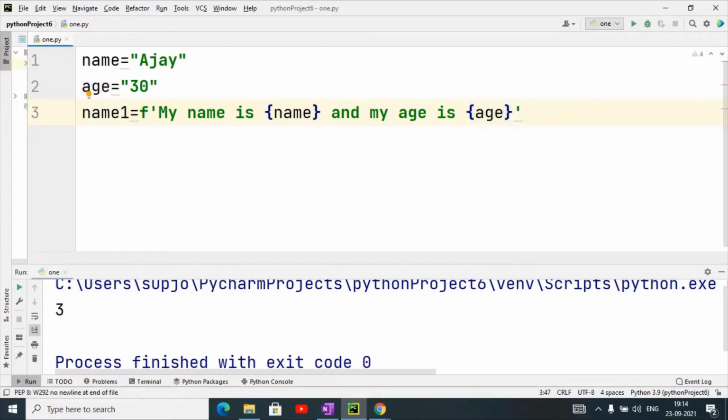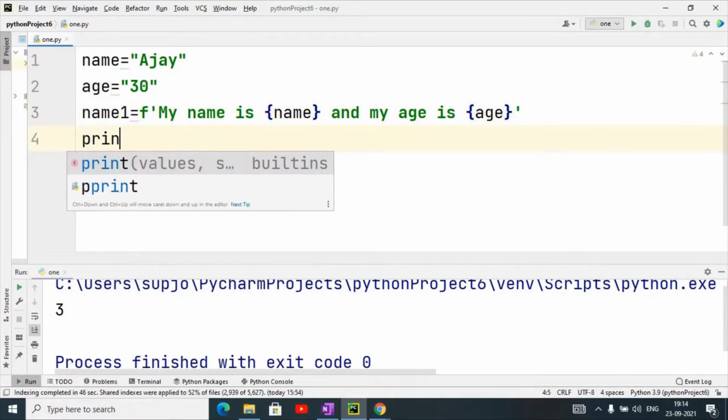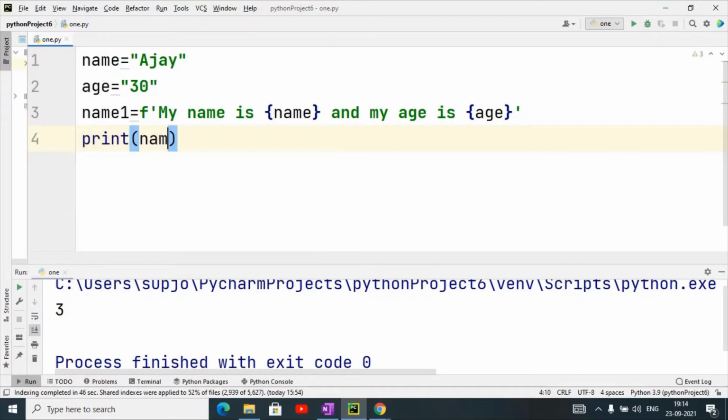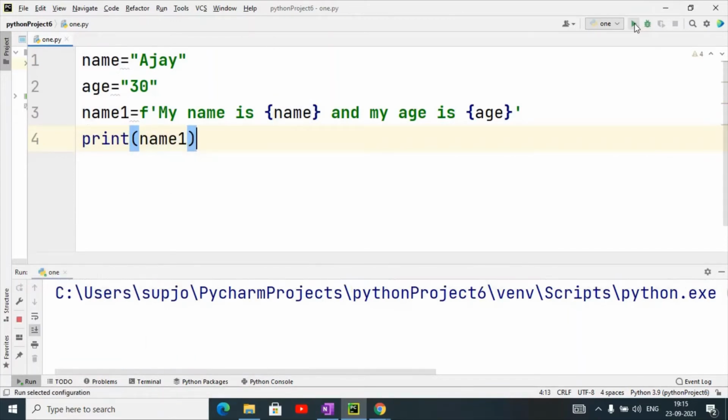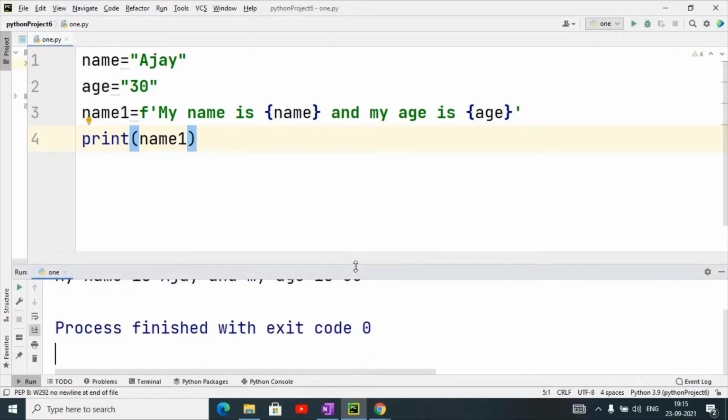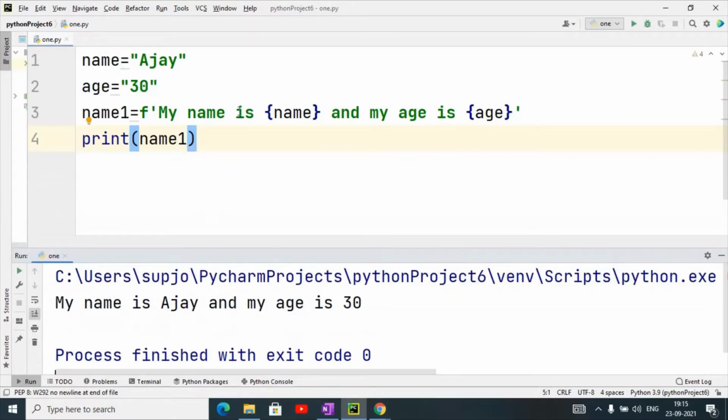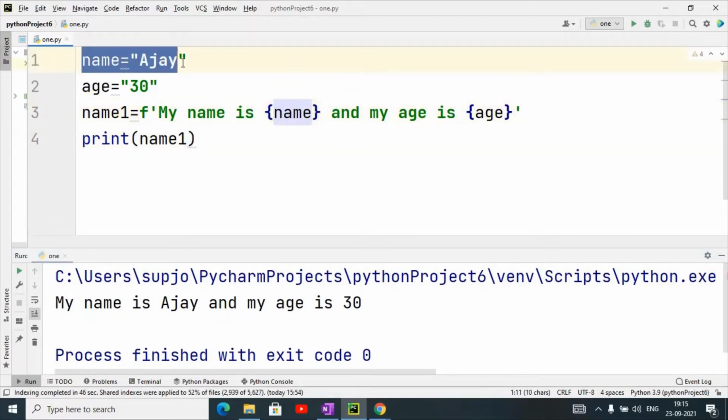So when I print name1, you can see the output like this. My name is Ajay. This curly braces name is replaced by this particular string Ajay, and this age is replaced by this 30. I can also do it like this.